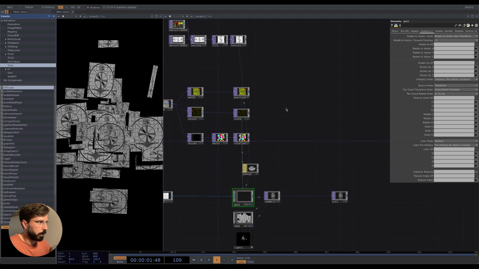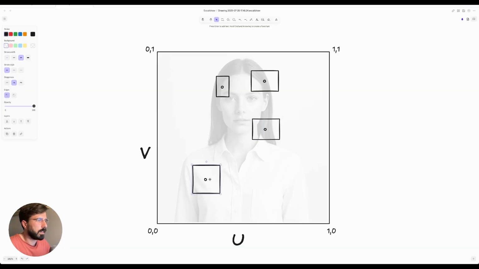But there is a problem. The way Touchdesigner does this process is interpreting the position we are passing as being the 0, 0, or the bottom corner of the sampling area. So you can think about it in this way: if we are looking at this as being the sample area, and we pass the position, it's gonna return us this area. The position is the 0, 0 of the sampling area, and the sampling area size is the scale or the size of our